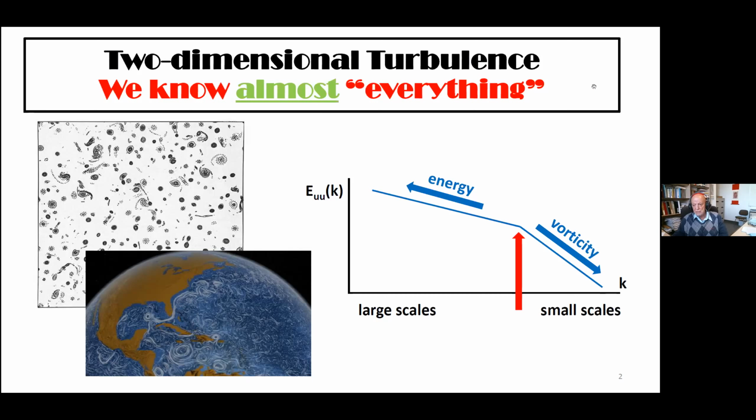The basic thing that you have to know, the most interesting thing, is shown here in this sketch. This is the energy spectrum of a two-dimensional flow. And here you have the energy, and here you have the wave number. So the small scales are here, the large scales are there. And if you force somewhere in between the smallest and the largest scale, then the energy goes to large things and the vorticity goes to small things. And this is different from the three-dimensional case in which things only go down, okay?